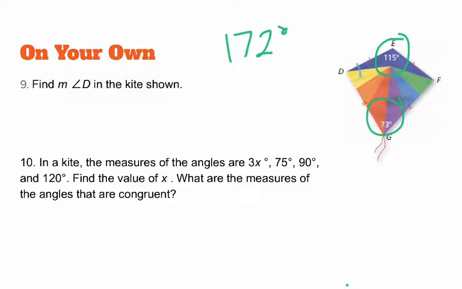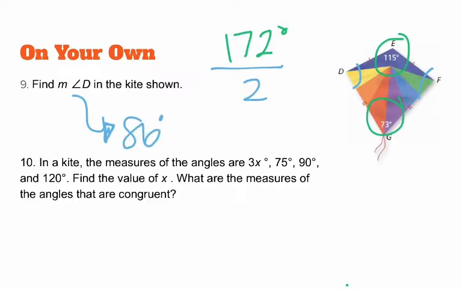That's what angle D and F are going to be together, 172. Well, what do I know about a kite? The opposite angles in between non-congruent sides are congruent. So D and F have to be the same measure. So I take 172 divided by 2. That makes both angle D and F, whichever one, we're only solving for D, but F would also be 86